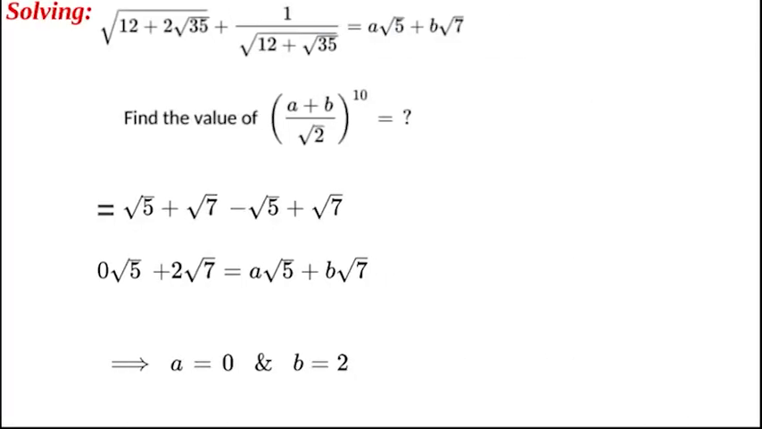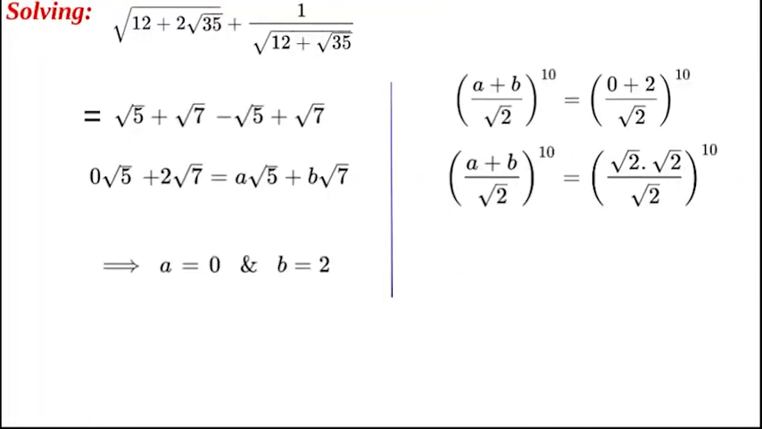Now this is fantastic as we can concentrate now on the final format. So we can input our a and b into the a plus b. Now inputting it, we will get 0 plus 2 over the square root of 2. Now split the square root of 2 into the product of the two radicals. Now we can see there where we have a cancellation, we can cross those out, and we will get the square root of 2 all to the power of 10,